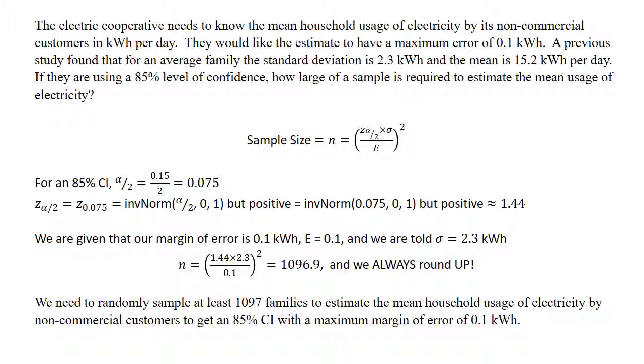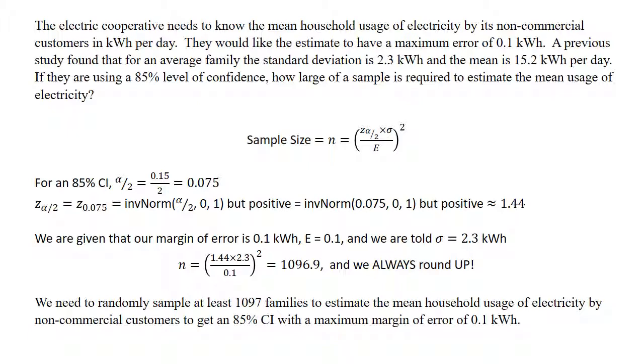Pop that into your calculator, you get a negative number. We don't care that this is below the mean. We just want to know how many standard deviations away. So we take that 1.44 and we pop it in for the first thing in our formula. Multiply it by the standard deviation that's given in the problem, 2.3, divide by the margin of error, or the maximum error that's given in the problem, 0.1. Square the result, get 1096, doesn't matter what comes after, we round up. We need to randomly sample at least 1,097 families to estimate the mean household usage of electricity by non-commercial customers